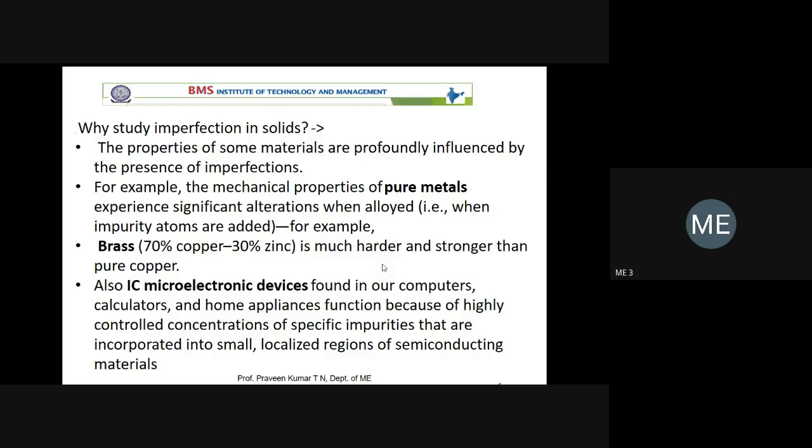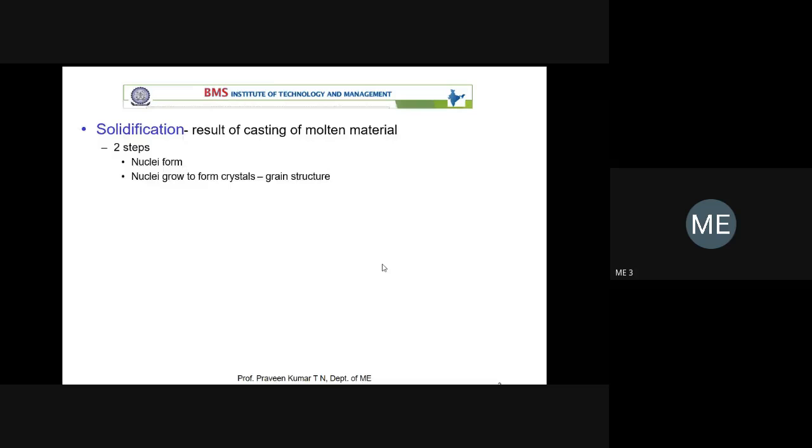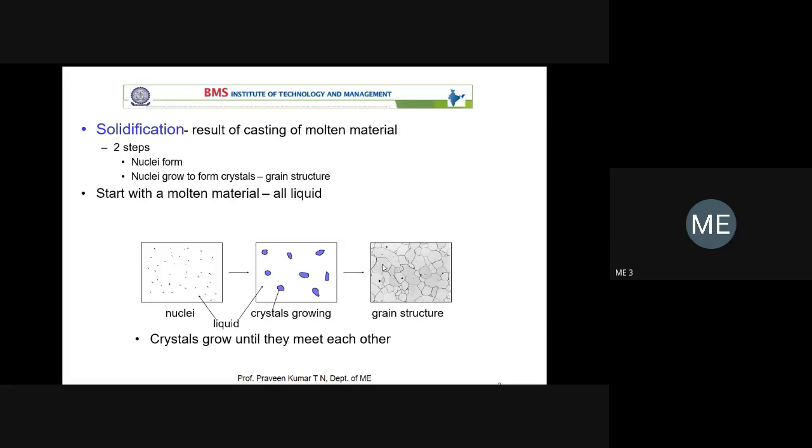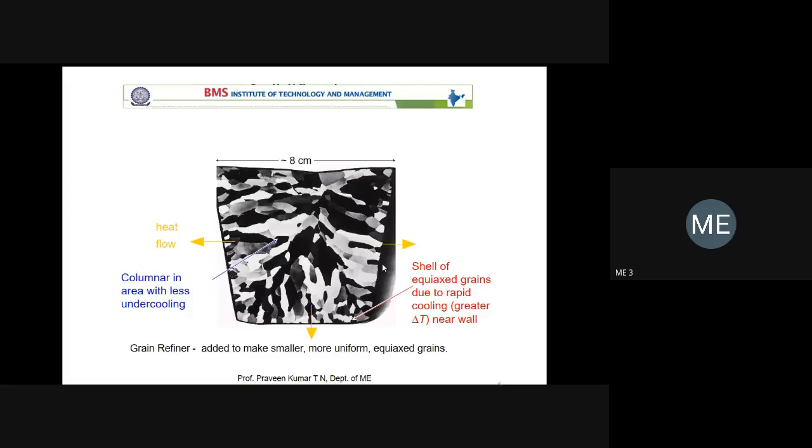When you're answering a question also, you have to use the correct technical term, so then you can score good marks. So instead of impure, you say imperfection at the crystallographic level. It may happen at different levels. Other than that, there is one more term you have discussed, which is the phase.